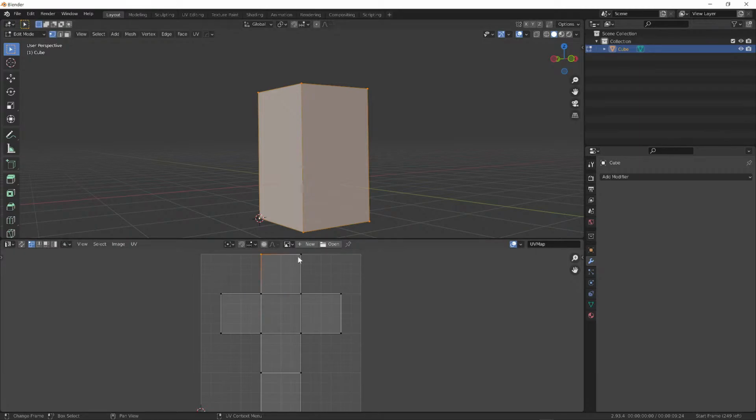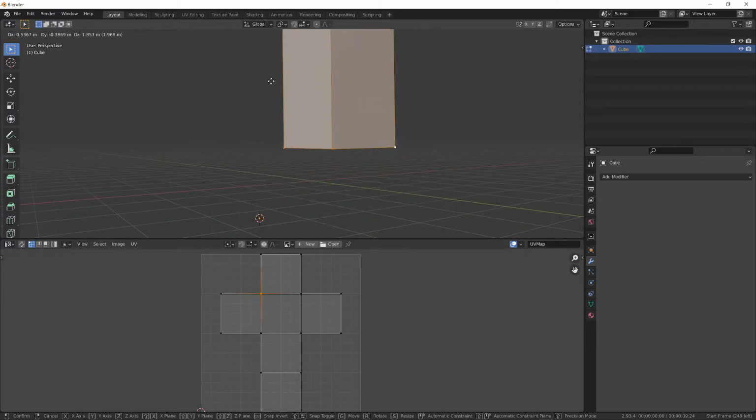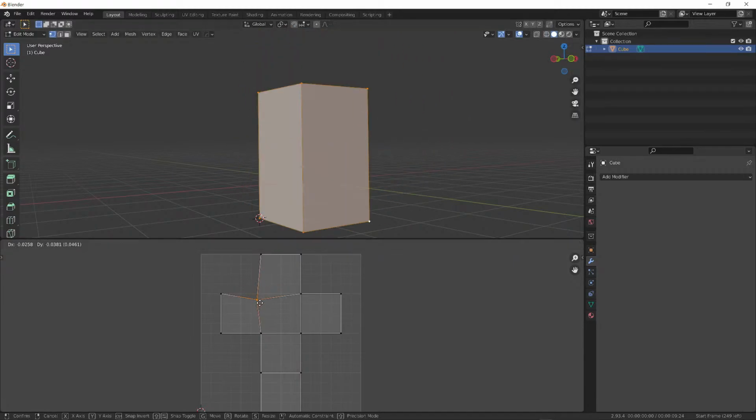But what I'm trying to demonstrate is that we can select each of these points. If I'm hovering over here and I press G, you'll see I'm moving my 3D object. But if I'm hovering in here and I press G, I'm going to move some of this UV data. It's not going to affect what's happening up here in a way that we can see right now. But it's basically allowing us to grab and move. And it works exactly the same way as everything works up here. So we can grab and move, right? We can right click to snap back to where we started, right? Or we can,